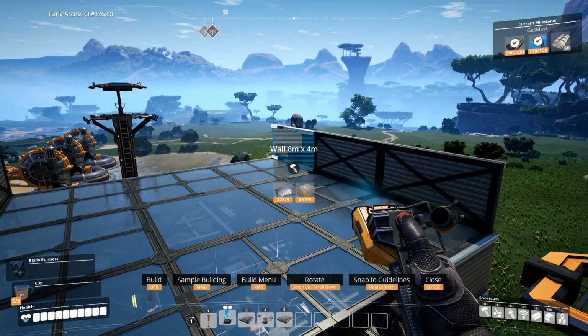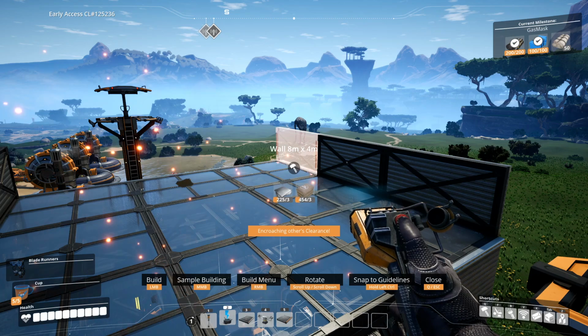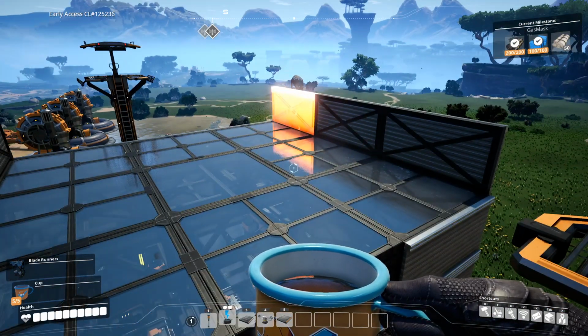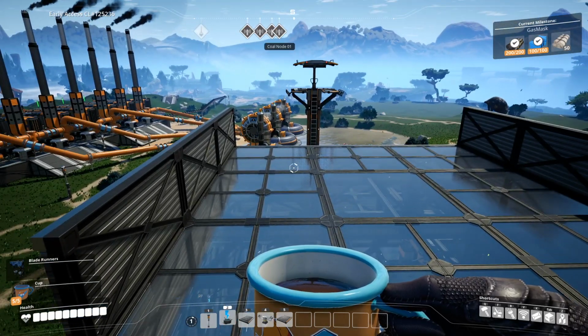Come on, buddy, work with me here. Come on, let's go. Why aren't you doing anything? Well, okay, it was just a glitch. Okay, got it. So that's looking pretty good right there. So now what we want to do...